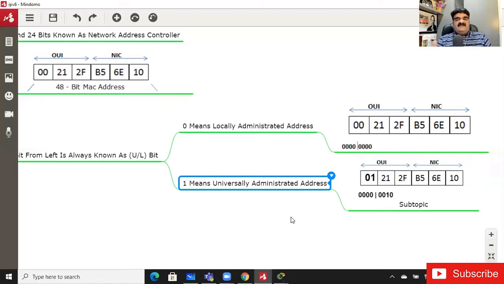If the 7th bit is 1, it is called a universally administered address, and if you convert this number, the byte would be 2.